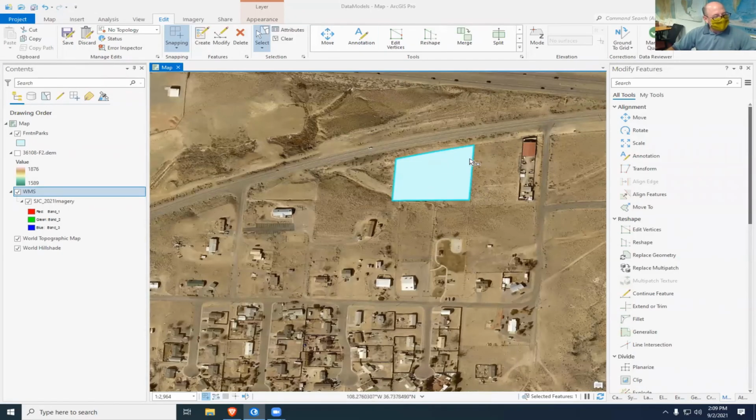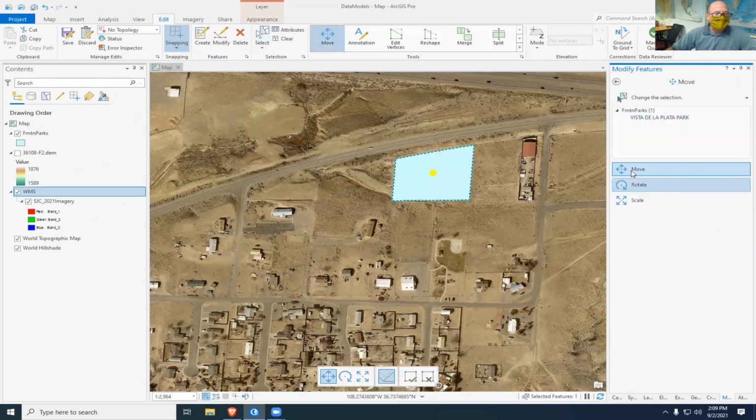Okay, so we found this area and we think it should go down here, which makes sense. So I'm going to click on modify with that selected, and I'll use move. You could rotate and scale and do some stuff. The center, if you hold the control key, you can actually drag the centroid of this thing,